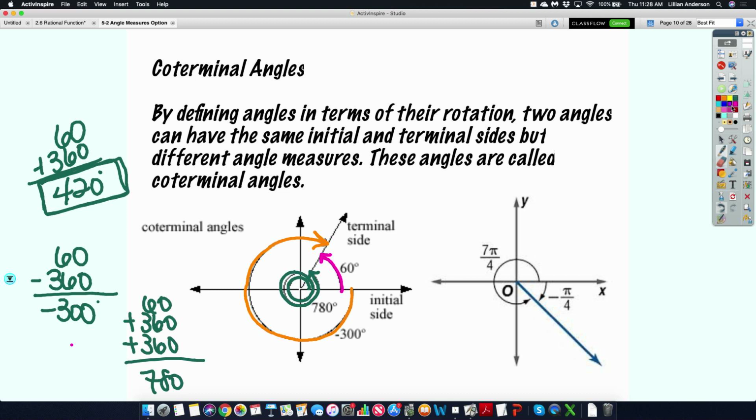Since coterminal angles are created by adding 360 degrees, you need the corresponding radian measure that represents 360 degrees. Does anybody happen to know what that number is? It is 2 pi. 2 pi radians is equal to 360 degrees. So if you have an angle that's in radians, to find its coterminal angle, you would either add or subtract 2 pi every time. So if I have 7 pi over 4, and I subtract 2 pi,